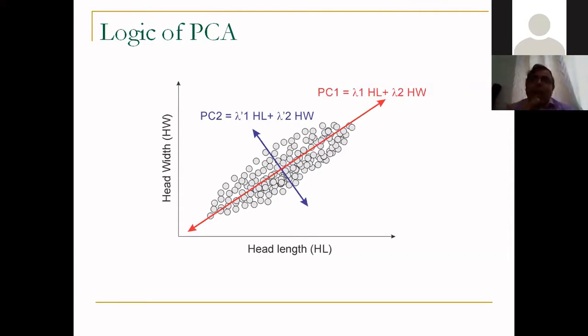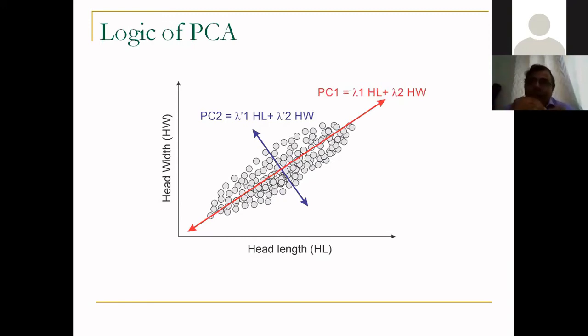So you are actually looking at 80% of the entire data on just one axis. If you have a 20-dimensional space, you don't have to look at 20 dimensions. One dimension, if it is telling you 80% of the variation, by just looking at PC1, you can actually find out more about how the data is spread.